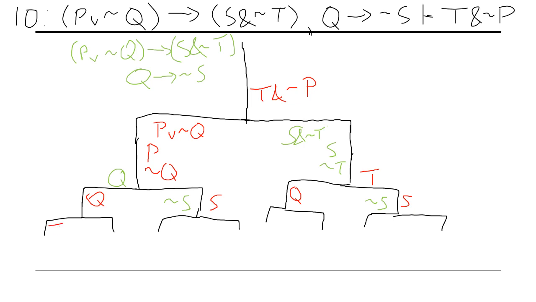So T, not P, T, not P, T, not P, T, not P. Again, doing the same thing to all these branches, because anything that you do above, you have to do in all the branches below. And you just flip these tilde P's over to get rid of the tilde, and then we are done breaking everything down, and we just need to go back through and look for